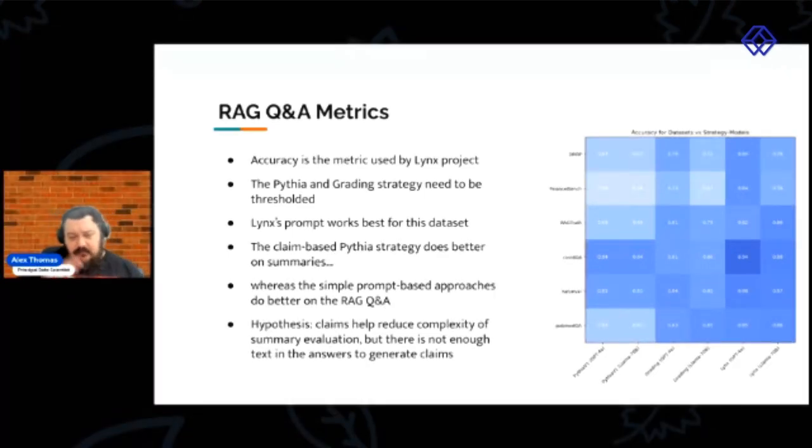So there's a couple different hypotheses. One is possibly in the Q&A, there's actually not enough text to extract a lot of useful claims. Another one, which is not listed here, is when we threshold the output of Pythia, we are doing it in a very numb way, and we're not taking into account the data. We just pick a good threshold. Maybe you could tune it a little bit for performance. But for example, here I just picked 0.9 as a threshold,